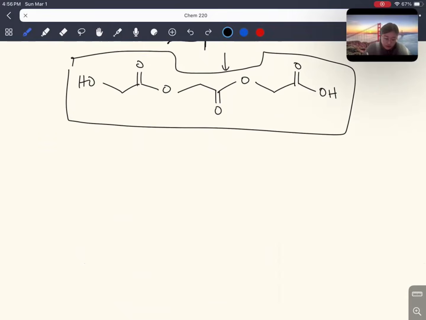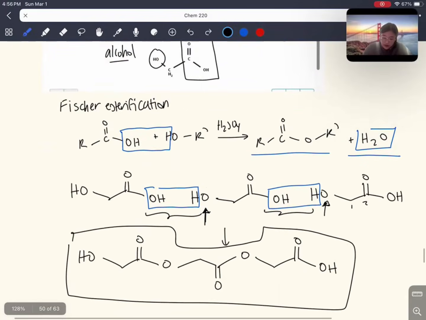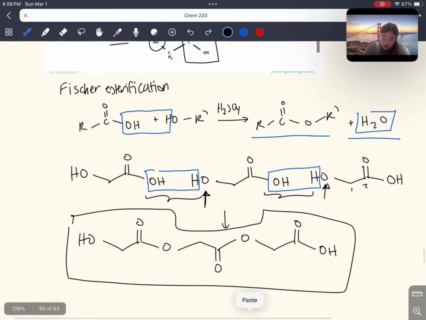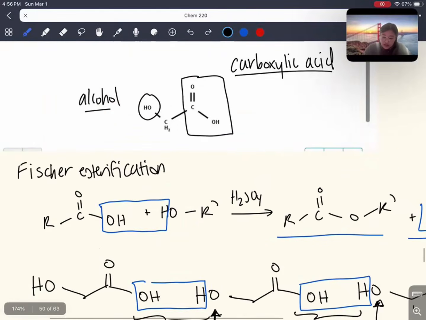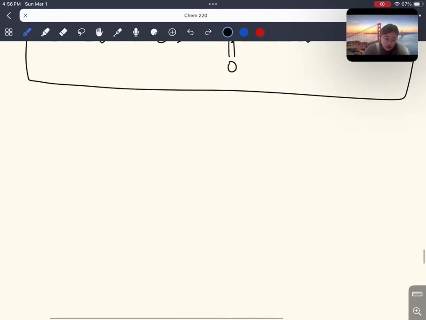So remember, you're going to have your carboxylic acid, you're going to add an alcohol to it, and you're going to have some sort of acid catalyst. In this case, because our one molecule has both the carboxylic acid and an alcohol, one molecule of it is going to act as our carboxylic acid, and we're just going to have another molecule act as our alcohol. And so if I redraw that down here,